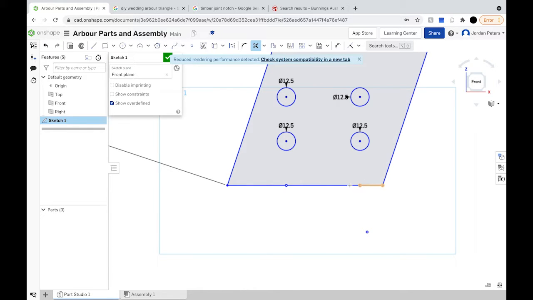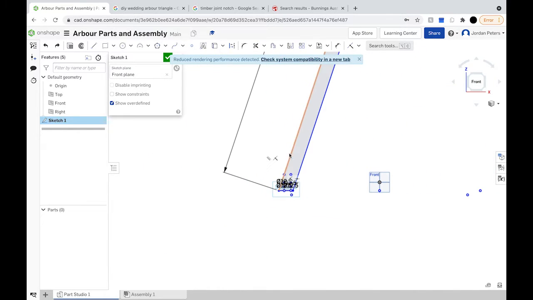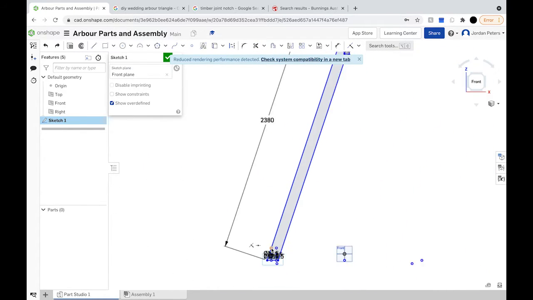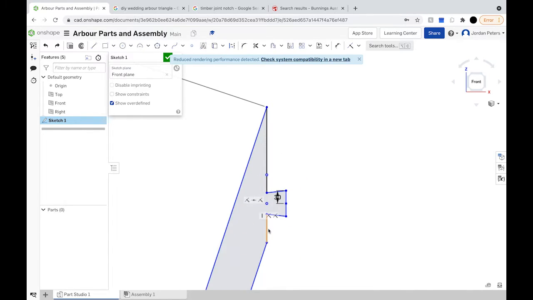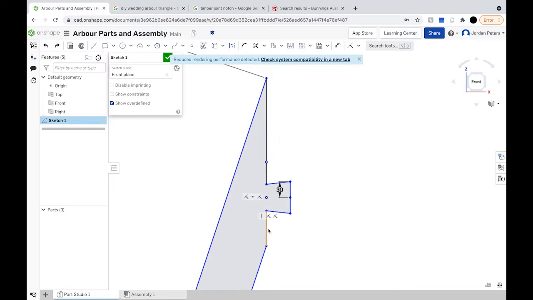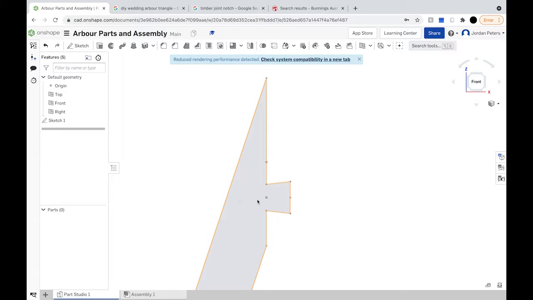So just delete all of those lines and then Control Z back the lines. I'd say that would be all good though. Now we checked everything else, so yeah, let's try. We'll tick that. So that's now a completed sketch, and then we're going to left click on the whole thing